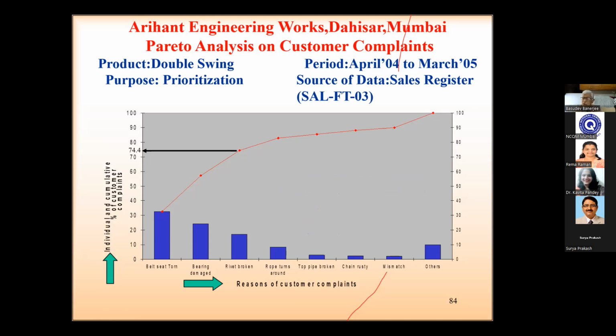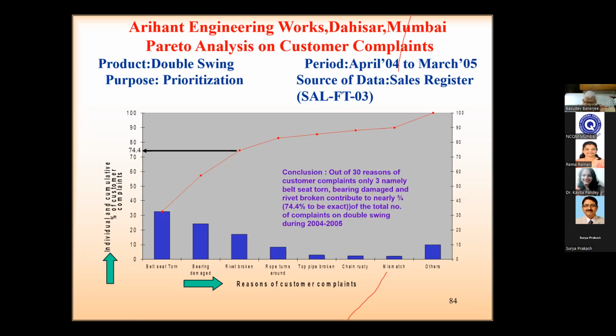Right, that is one thing. Out of how many complaints? Sir, you had mentioned about 30 complaints. Out of how many complaints? 30 complaints. 30 reasons were there. Yes, that is the starting point. Quite often people make the mistake of saying the number of complaints is 8, which is not the case. It's 30 complaints. Yes, that is the start.